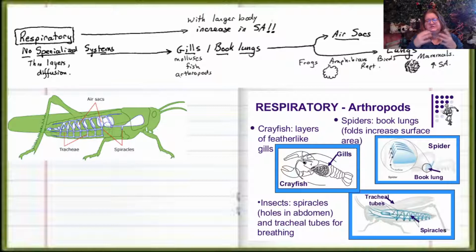But as soon as you get big, as soon as you go on land, you've got a problem. You're going to naturally close off that outside because you want to prevent water loss, but now you need to get your oxygen. And so what you're going to start seeing are organs such as gills. We did see them with the mollusks, but I wanted to save them for now. So you have gills, you have book lungs in the case of the spiders,